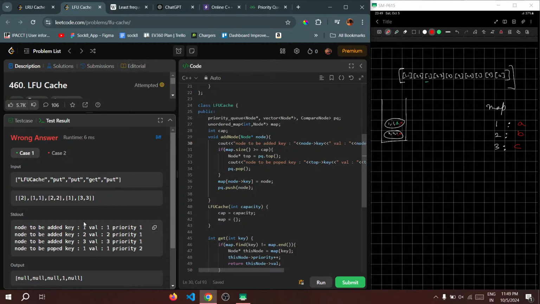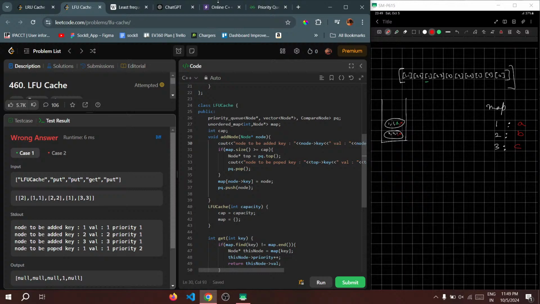See, this is the problem here. Node to be popped is 1, बट उसका प्रायोरिटी ज़्यादा है, मैं उसको पॉप नहीं करना चाहता।